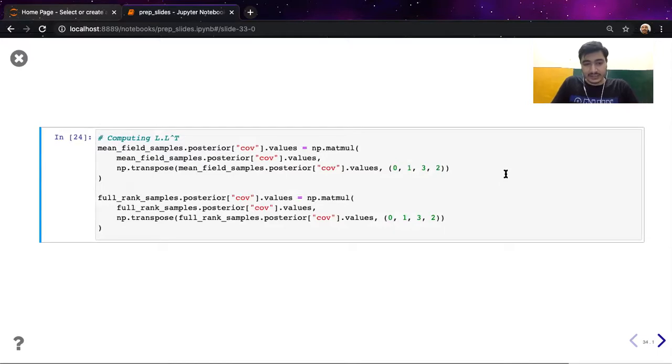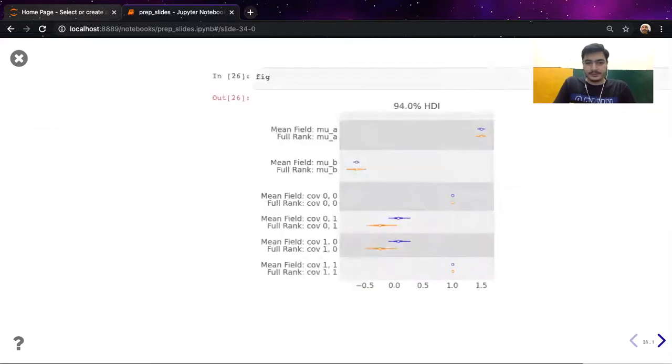Earlier I was discussing we do need to consider factoring out the correlation matrix into the lower triangular Cholesky factors. So after we have the samples in lower triangular Cholesky factors, we do need to get them back. Here I'm just doing matrix multiplications to actually compute the exact correlation matrix between intercept and slopes.